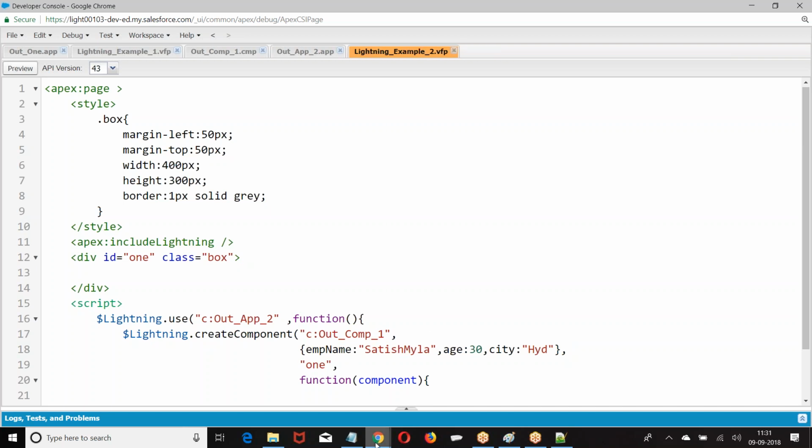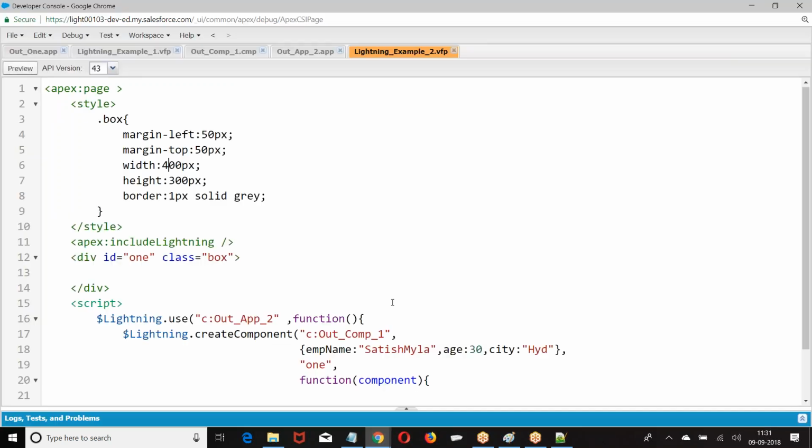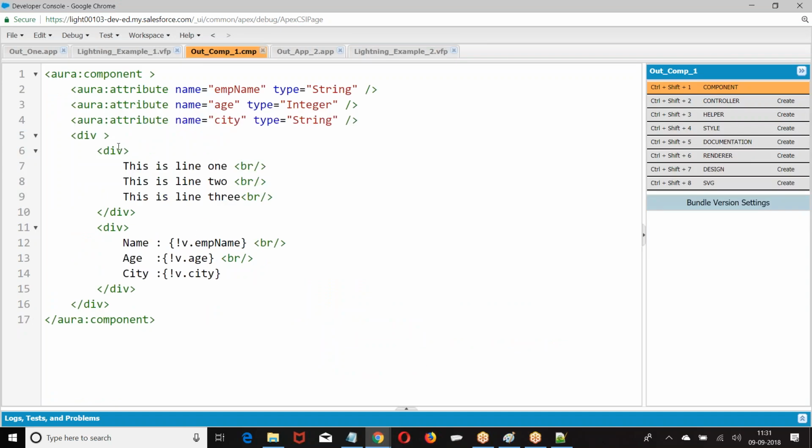Let me apply some more properties here. Whatever attributes we are passing here, the values we are passing are set to these attributes. Okay, boss.